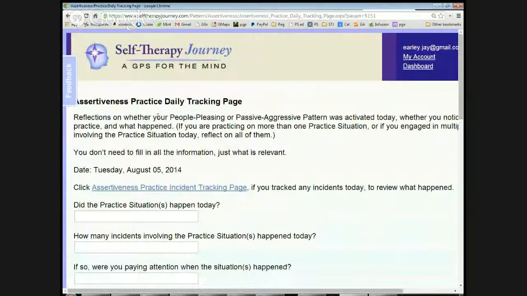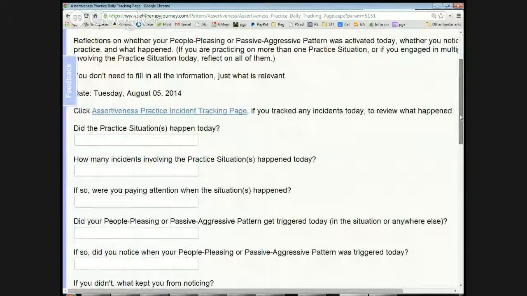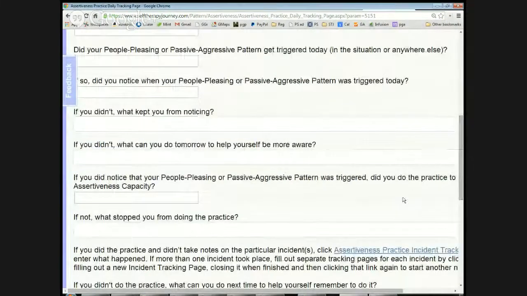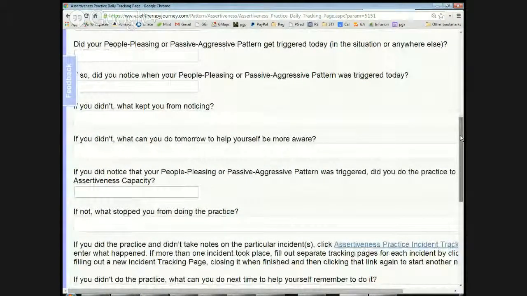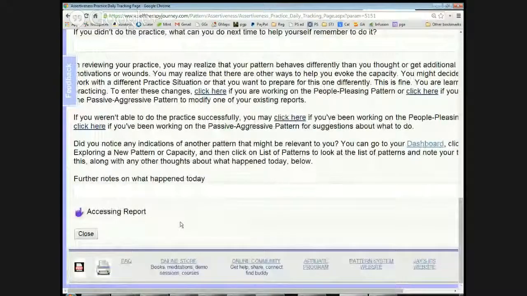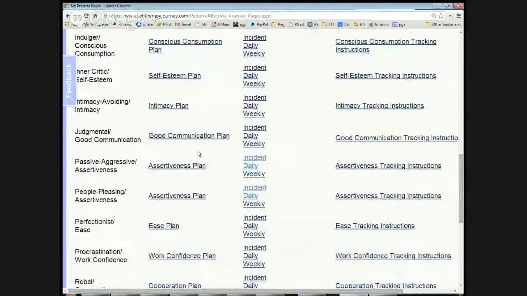At the end of the day, you can reflect back on the day because maybe the practice situation happened once or twice that day. Did you remember to do anything? You might not have filled in the incident page. How many incidents happened? Were you paying attention? What happened? Is there anything that you want to do better? And so on. So this is a kind of reflecting on the day. You can close that. And then there's also,